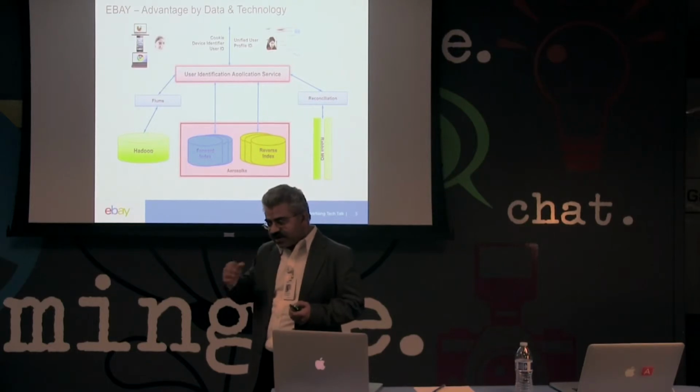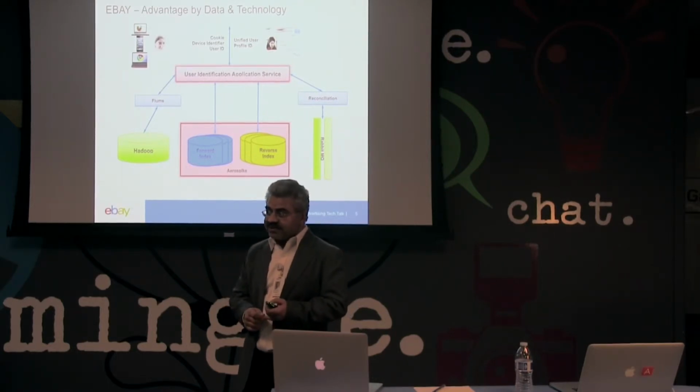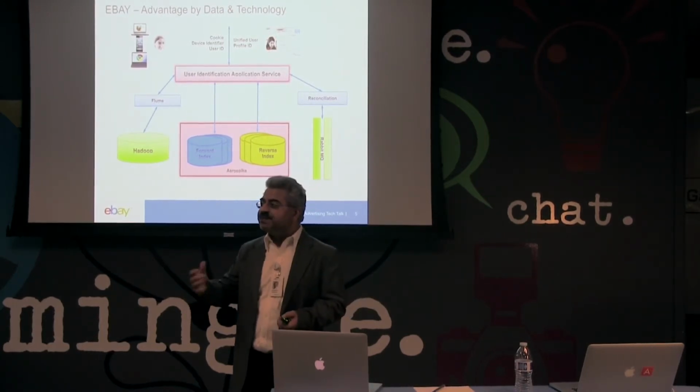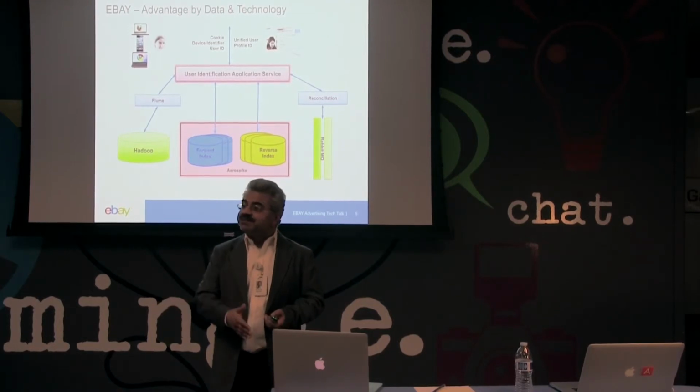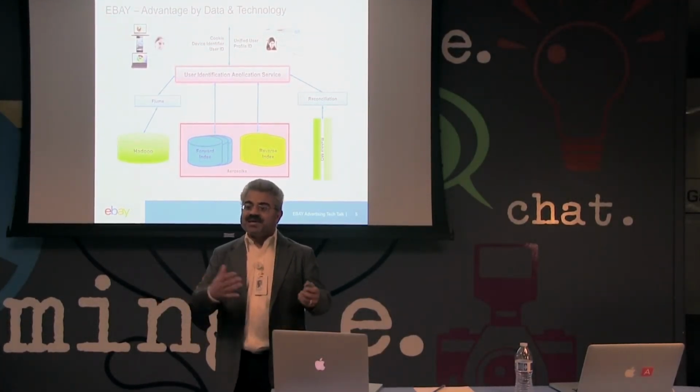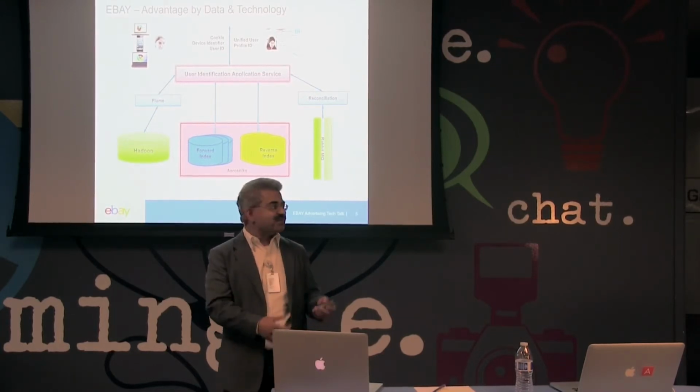And we are talking about 100 million active users who have approximately 2 billion cookies, even in the last 6-8 months that we have been collecting data, because people actually remove cookies a lot. They are on multiple browsers, they are on multiple devices. But as eBay, we are able to map them back because they have logged in from each of these devices